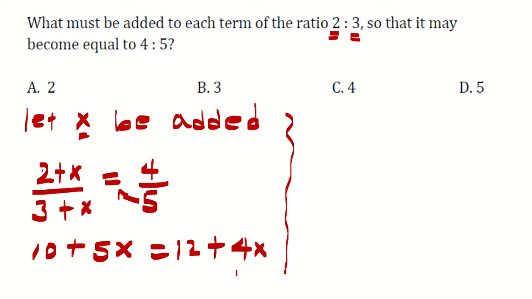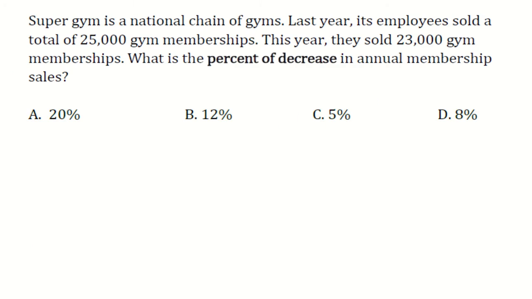Then the next step, we can reshuffle and collect the like terms, bring the 4x here. It's going to be just x is equal to, the other side, the 10 will go there, and 12 minus 10 will be 2. So the number 2 has to be added, so the answer will be A. The next question,